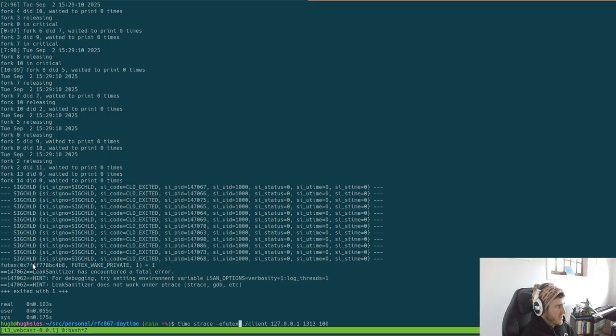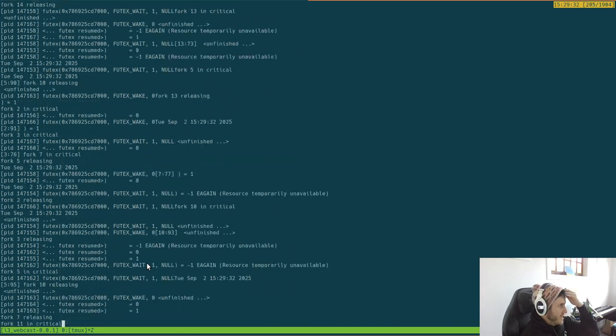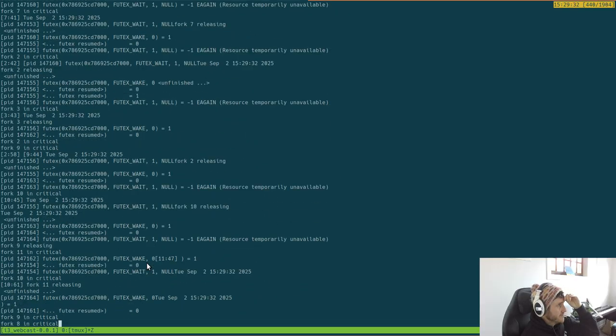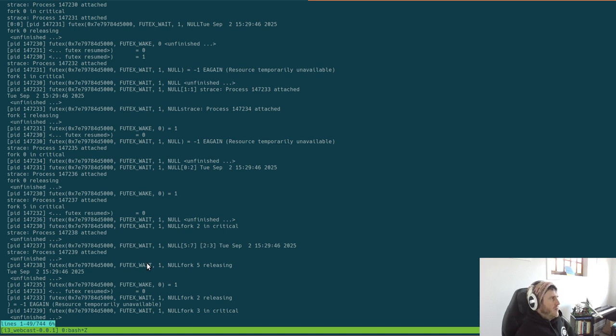Oh no, we do have a Futex there, but is that because we're not following forks? Yeah, so that's kind of what we want to do. Cool, so